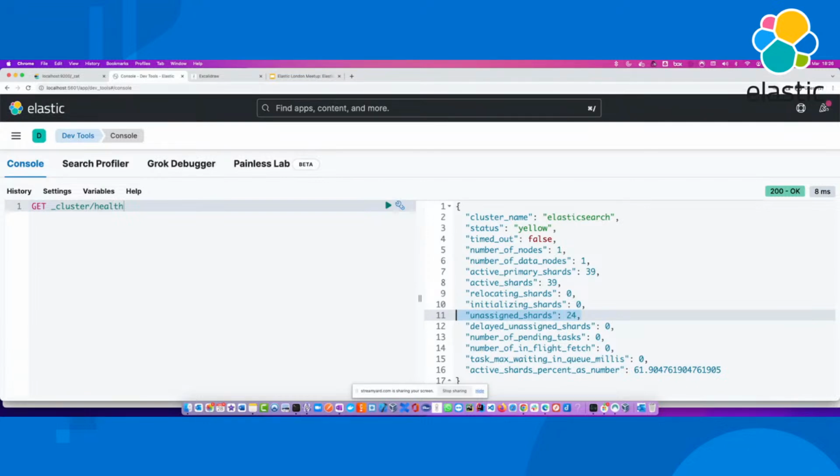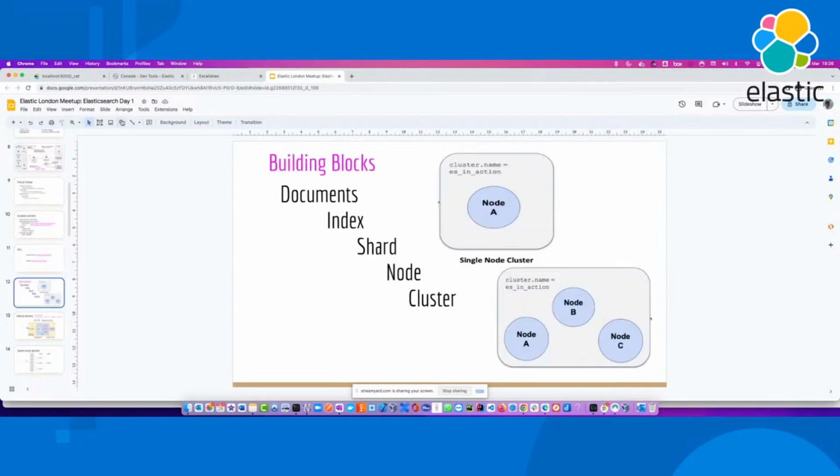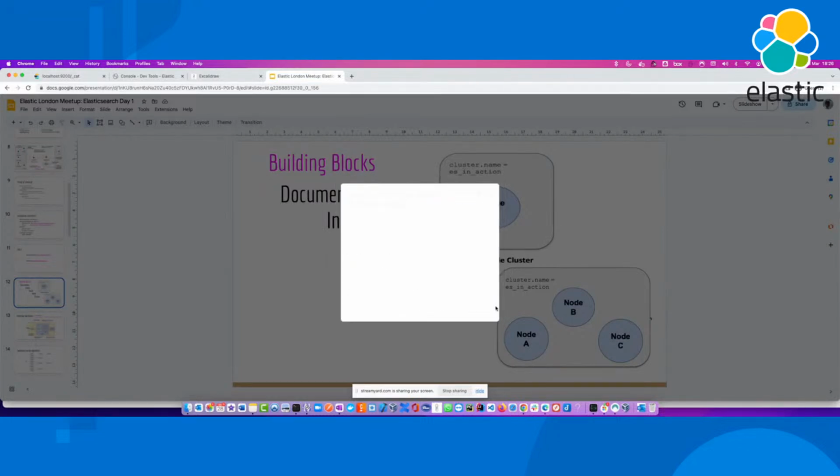Okay, so let's jump back again onto Elasticsearch, what we are trying to do here. I've briefly gone through the setup of Elasticsearch. Let me show you one quick thing. Yeah, that's the one. I just want to show you this one, and then I'll go back.